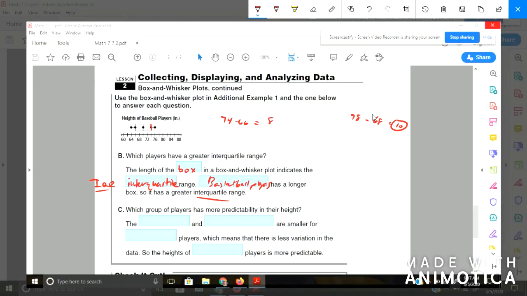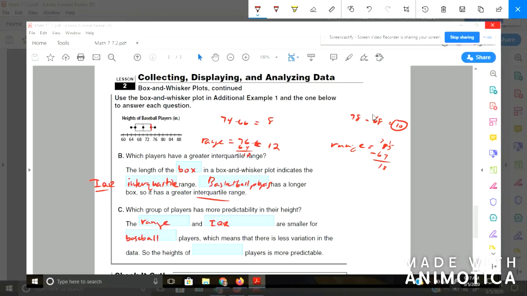All right. Well, the range and the interquartile range are smaller for baseball players. So you can see here the range from the greatest is 76 to 64. 76 minus 64 will give you 12. Okay. And what is the range of the basketball players? Well, if you went back and looked, the tallest was 85 minus the shortest was 67. So borrow, 8. The range for the basketball players was 18, whereas only 12 for the baseball players, which means there is